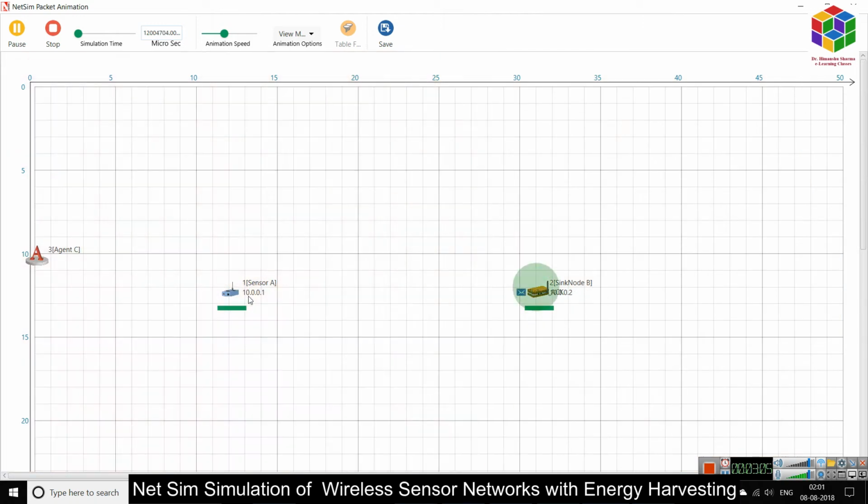So it is sending the data to gateway node. Gateway node is sending the acknowledgement. You can see the ZigBee acknowledgement sent by the gateway and the sensor app. Basically, it is sensing the data and sending the information in the form of packets to the gateway. So right now it is sending 19th packet, then it will send 20th packet. Now it will send 21st packet. For each packet received, the gateway node sends the ZigBee acknowledgement.